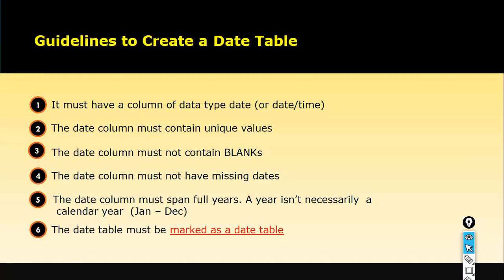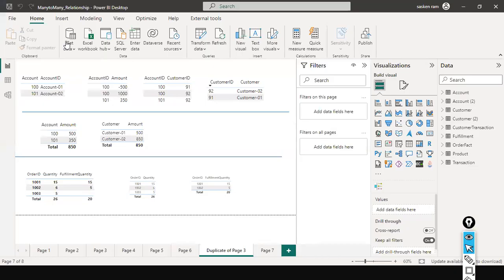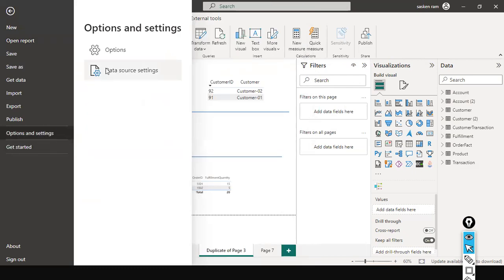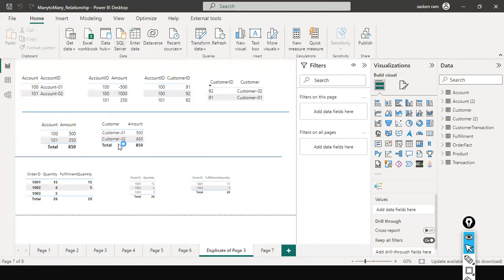Okay. So what will happen once you mark it as a date table, and also there is a setting in Power BI Desktop. I will show you now. If you go to the File menu and click on Options and settings, and when you click on Options,